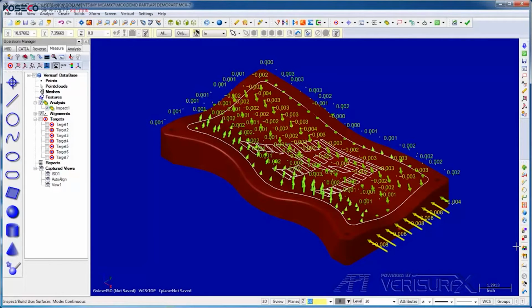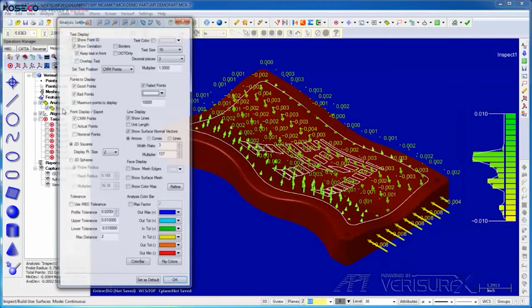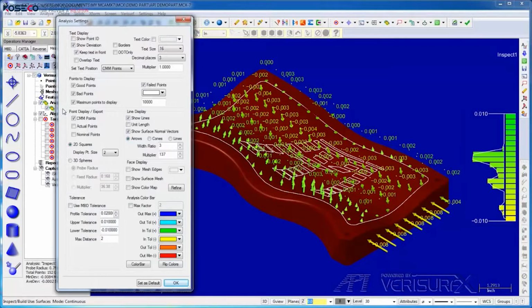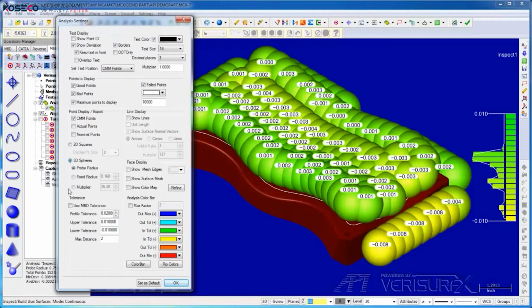When I press Escape, Verisurf creates an analysis object in the data tree. If I highlight the analysis, we can see the distribution of deviations in the color bar. If I double-click the analysis, we can change the way the deviations are displayed. For example, we can add borders to the text, we can switch from lines to spheres, and if we enable